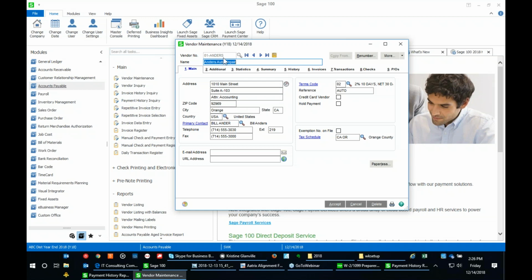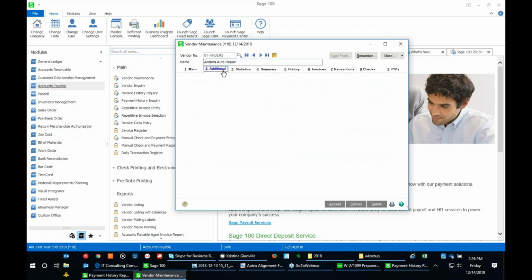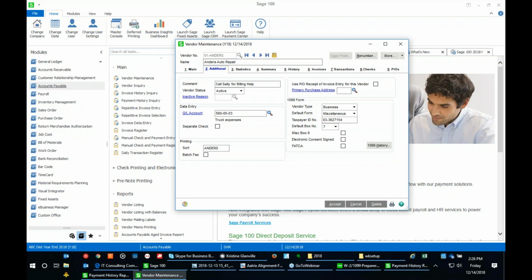So in this case, it was 01 Anders. We go to the additional tab, and over here on the right-hand side is all of their 1099 information. So this is where you would also mark whether they're business or individual, the form, their ID number, and what their default box is. But you can also click this 1099 history button